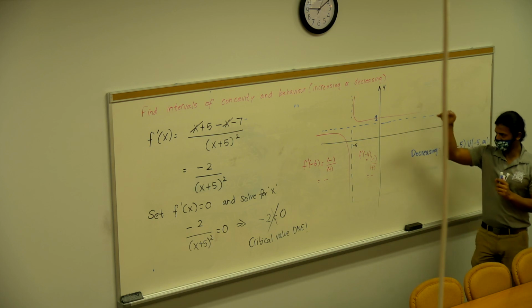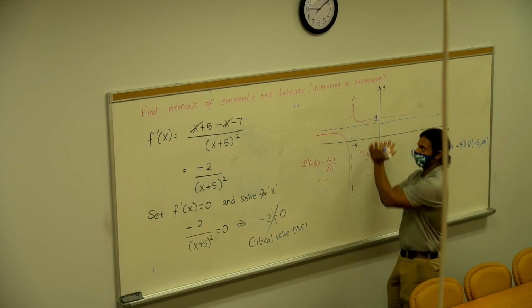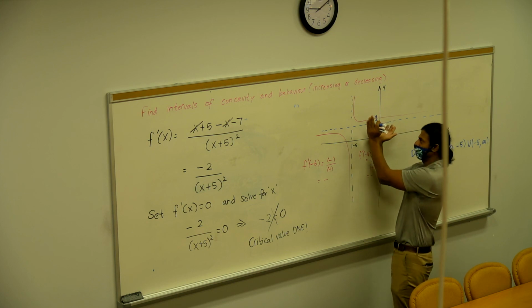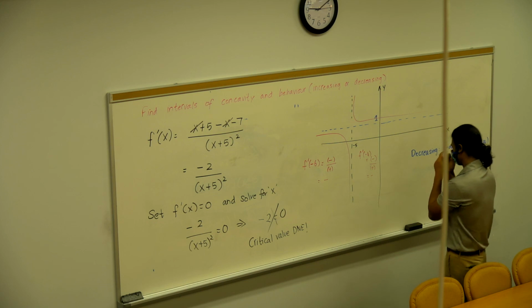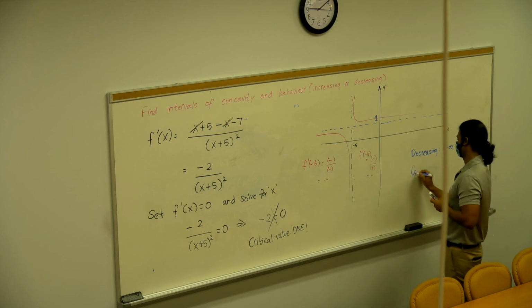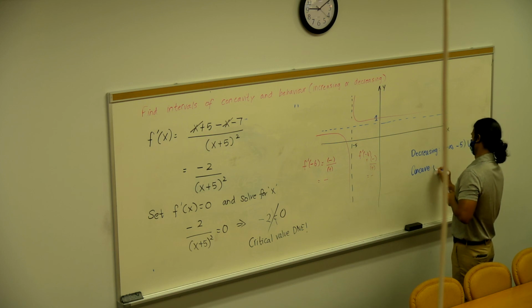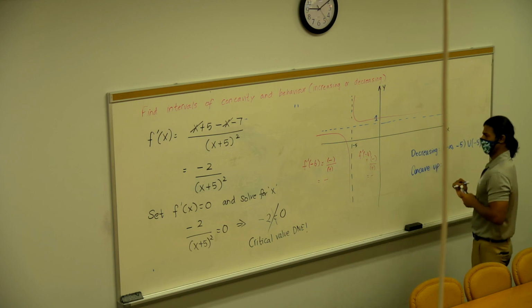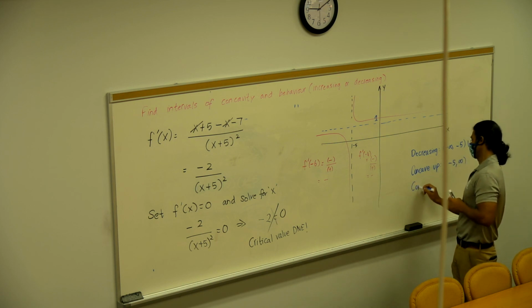It's just the curvature of the curve. If it's opening up that way, it's concave up. So concave up for negative 5 to infinity, concave